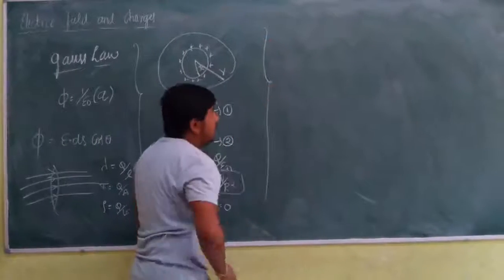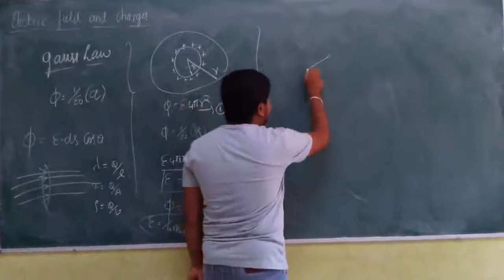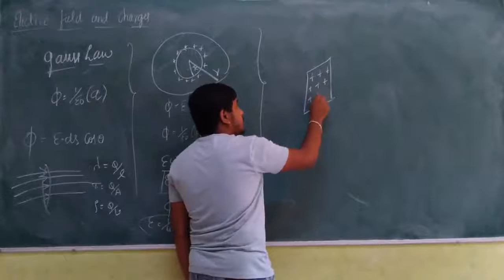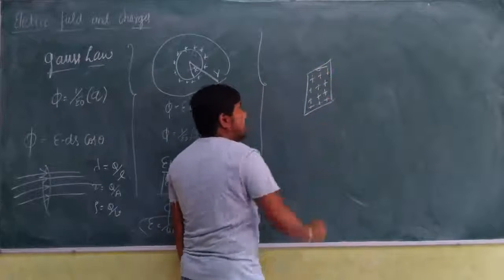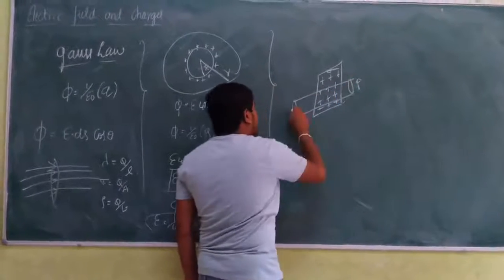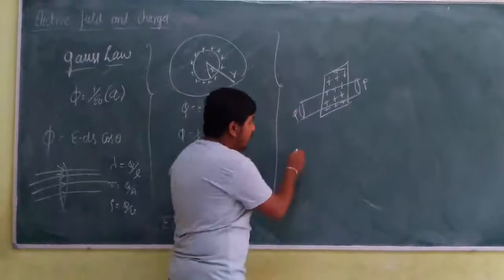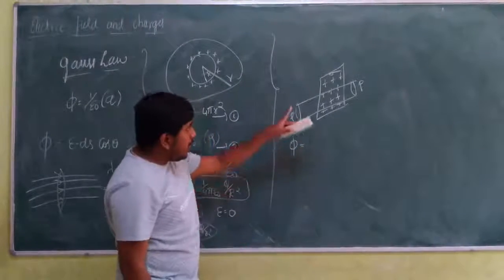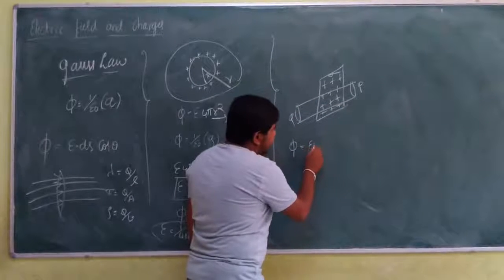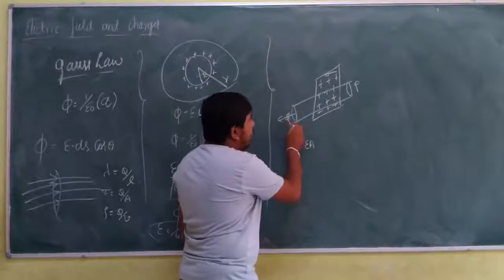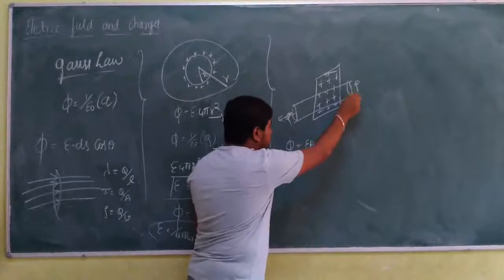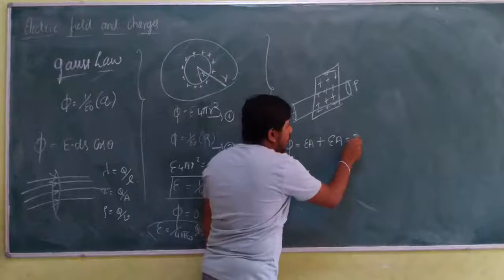Again, after this we learned electric field due to a plane sheet. Let us take a uniformly charged plane sheet. Let sigma be the surface charge density. Again, let us take the Gaussian cylinder for this. Let P and Q be the 2 points where we find the electric flux. What is flux? Flux is equal to EA cos theta. At point P also we are going to find the flux, at point Q also. The angle between area and field is 0. So flux is equal to EA over P and EA over Q. So total flux is equal to 2 into EA.